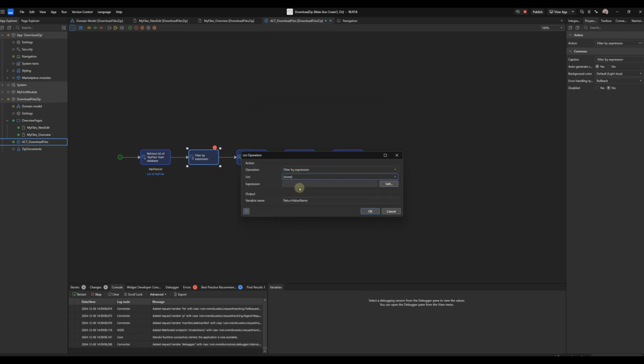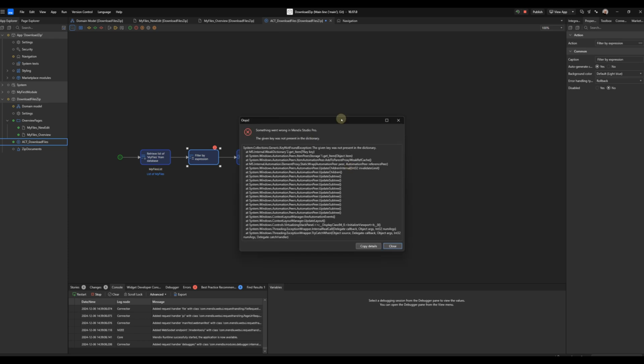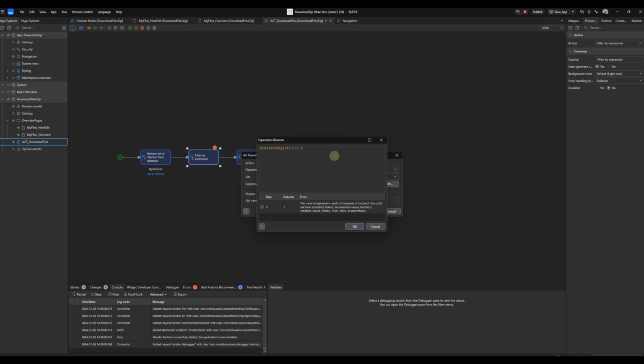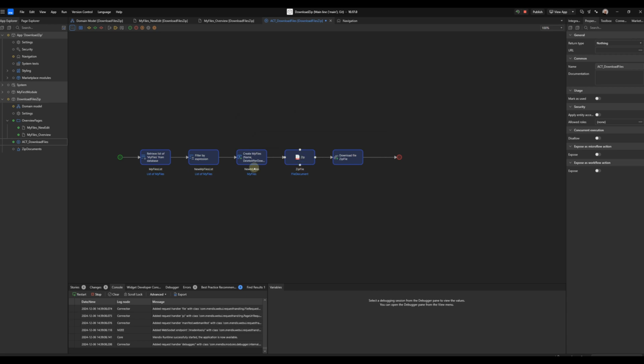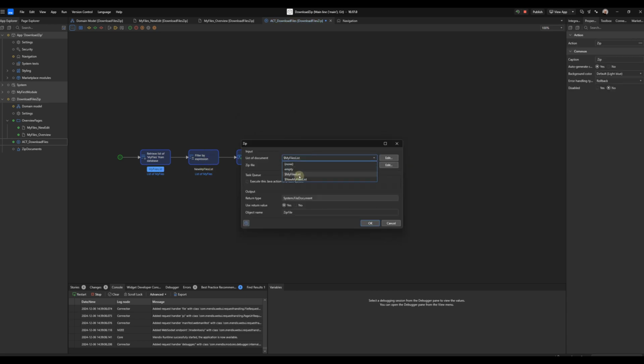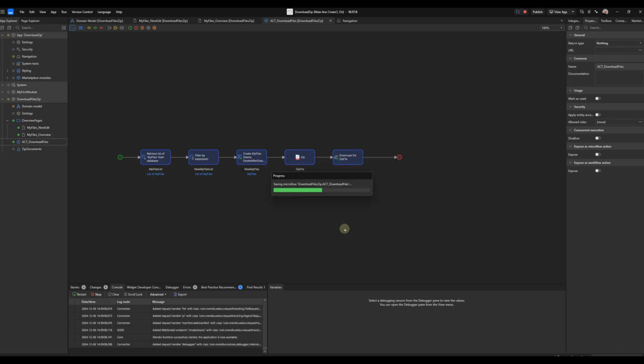I will select size of current object bigger than 500. Okay. And I will change the list now. I will select the new list. That's okay. Now I will run it.